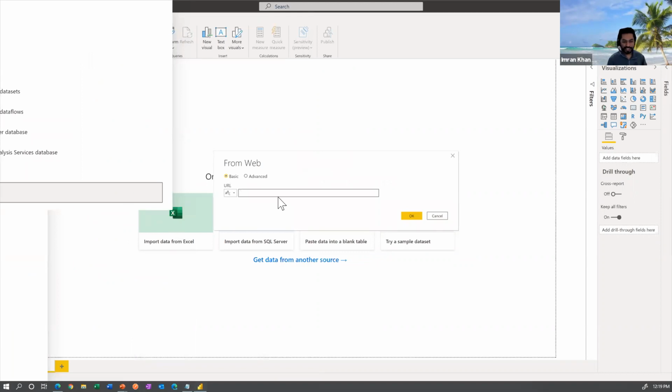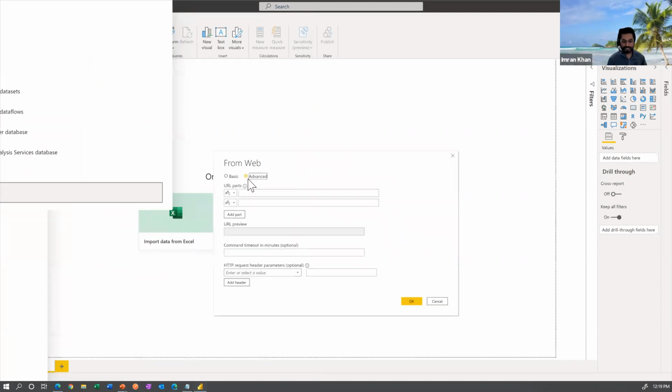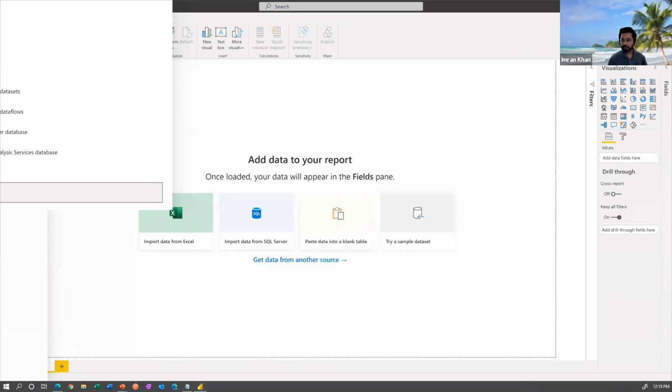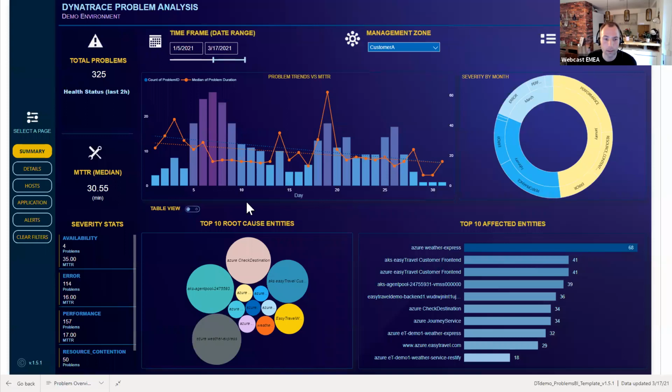My Power BI is lagging a little bit, but let's just go here. Hold on, let me just minimize and bring it back up again. Cancel. And while you're doing this,